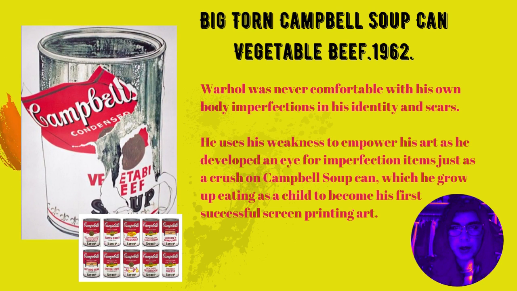Now, as you see here, is the big torn Campbell soup can, the vegetable beef, created in 1962. Warhol was never comfortable with his own body imperfection and his identity and scars. Now he used his weakness to empower his art as he developed an eye for imperfect items, such as a crushed Campbell soup can, which you see that he grew up eating as a child, and it became his first